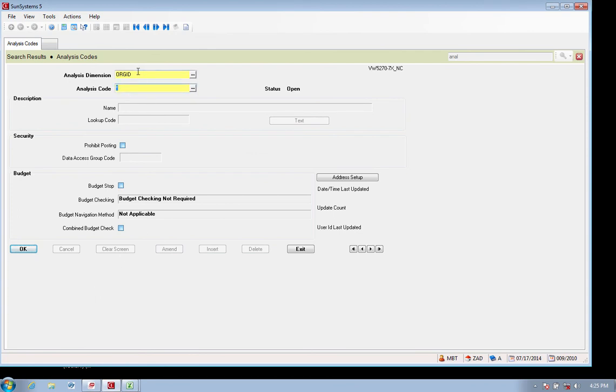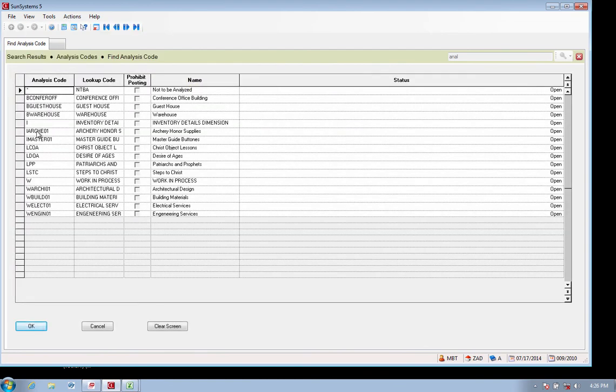If you recall, while we were over there on chart of accounts, we required details. So let's go over to the details code and see if we can get this open here, all the details. I have set up details here right in the middle using the prefixes L, meaning literature. I have put in Christ's Object Lessons, Desire of Ages, Patriarchs and Prophets, and Steps to